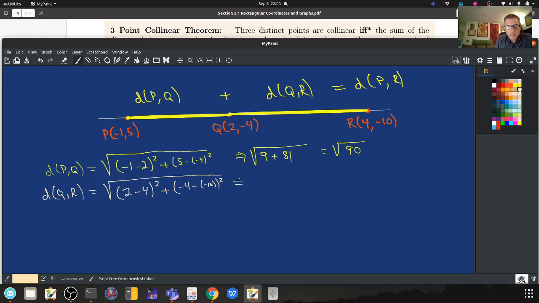So that gives us the square root of 2 minus 4 is minus 2, but minus 2 squared is 4. Minus 4 minus a minus 10 is the same as 4 plus 10, and 4 plus 10 is 14, and